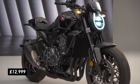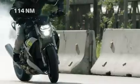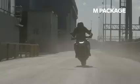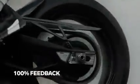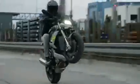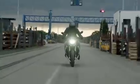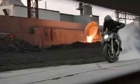In the same region, we've got BMW's S1000R, although it'll produce a good deal more power at 165 horses peak. Now that is the same as the last generation, but BMW claimed the new bike to be 5% quicker, owing to a 6.5 kilogram reduction in weight. Some of this has come from the new flex frame design carried over from their S1000RR sports bike, which puts more of the load on the engine. They also say that it's narrower, making it easier for the rider to maneuver themselves on the bike. And there's also the option to flip the bar clamp and/or fit a 10mm riser to dial in the most